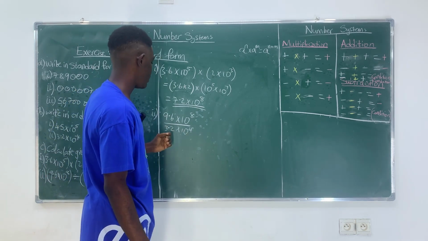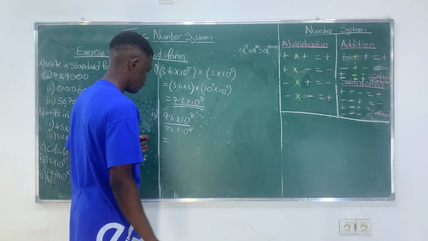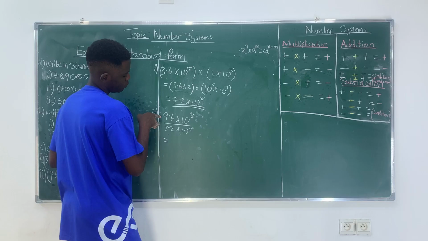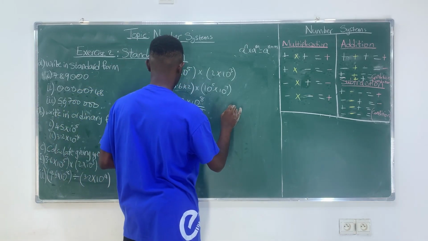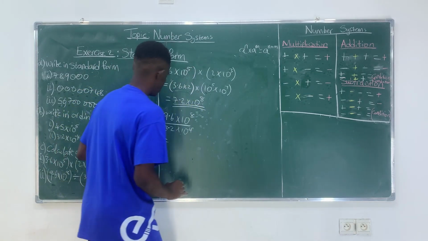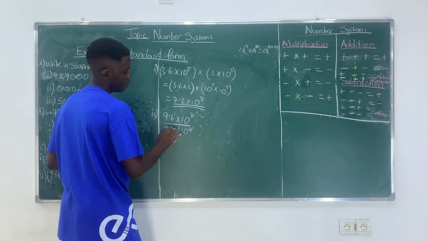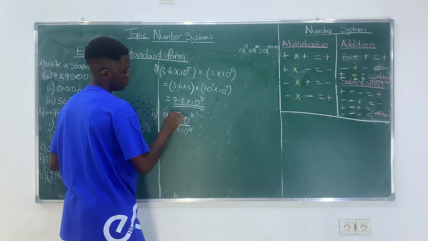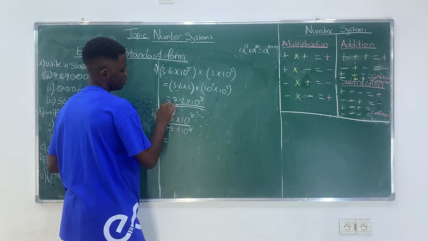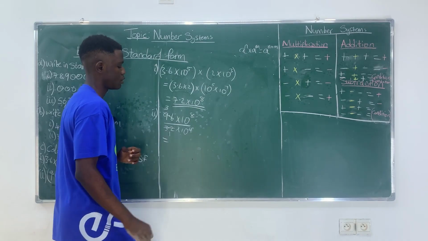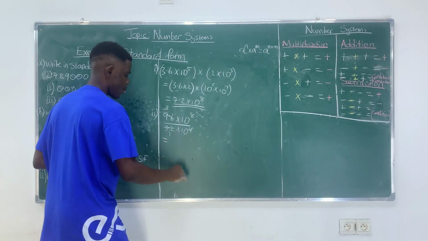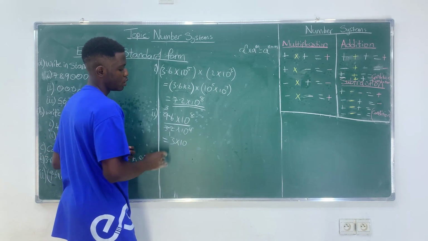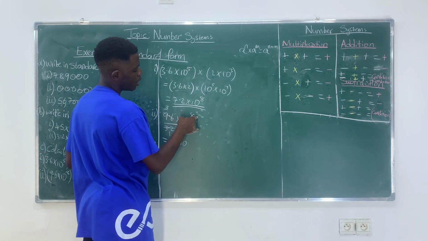So this will be equal to what? When you do 9.6 divided by 3.2, what are you going to have? It's the same as 96 over 32. This can go here 3 times. So it is 3 times 10 to the power